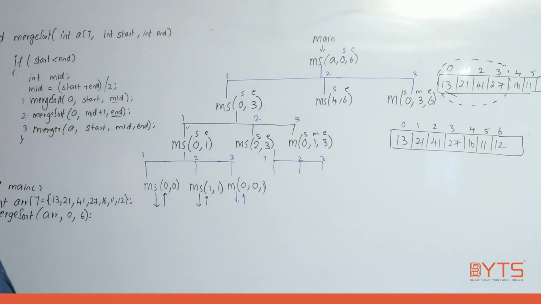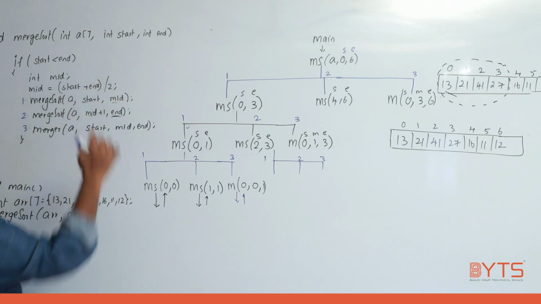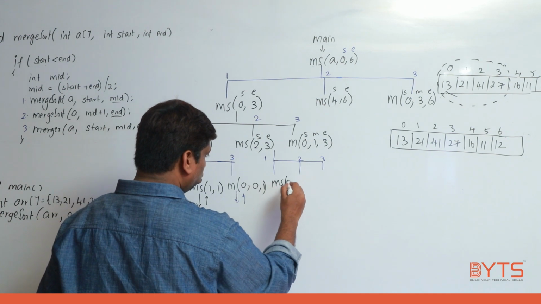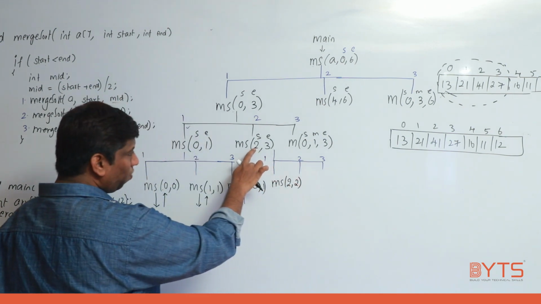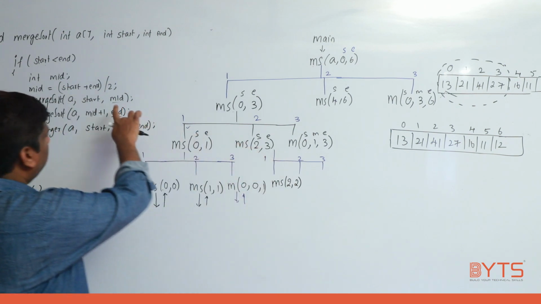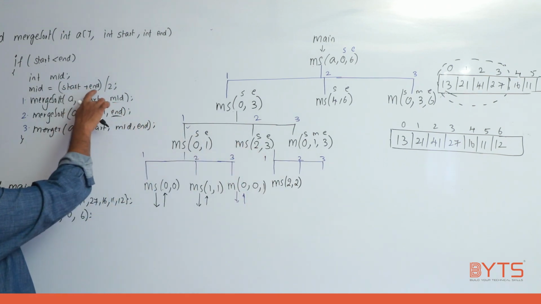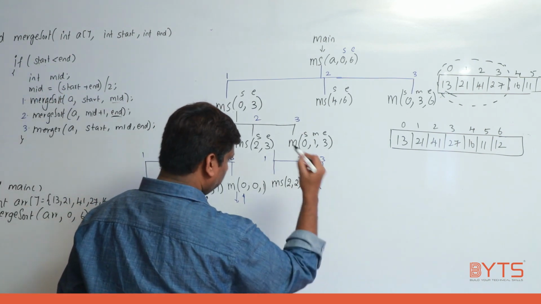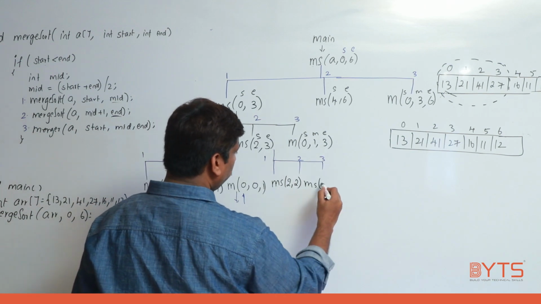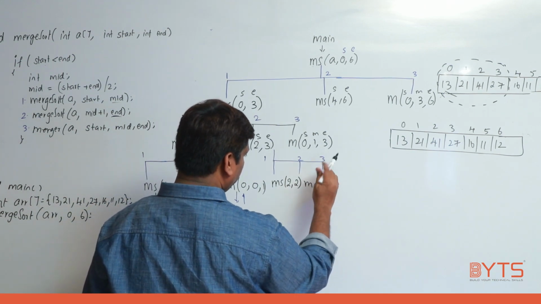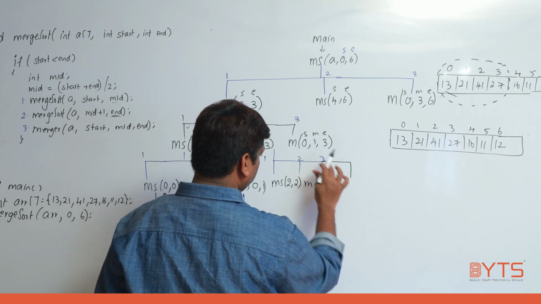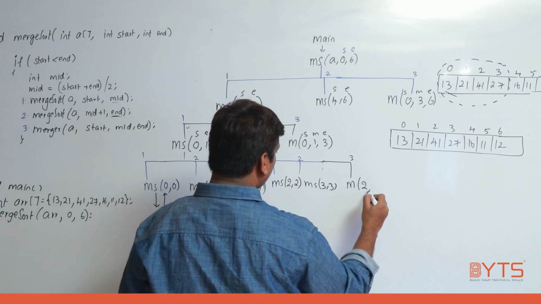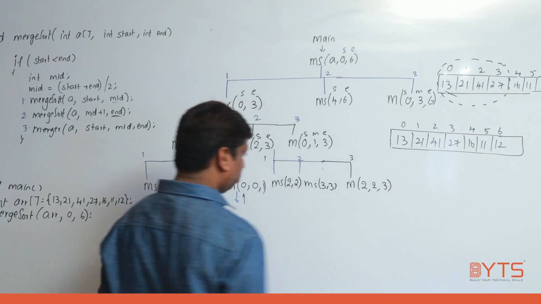What is the first line telling? Can you please tell? 2 plus 3, 5, 5 by 2, 2, right? So what this is telling, can you please understand? Merge sort of 2, 2. Why? Start value is 2 only, but here the argument is mid. Mid is how much? 2 plus 3, 5, 5 by 2 is 2. So mid is also 2. Next what? Merge sort of, next what is the value? 3, 3. Let me put 3 here. Merge of 2 to 2 is sorted and 3 to 3 is also sorted, right?